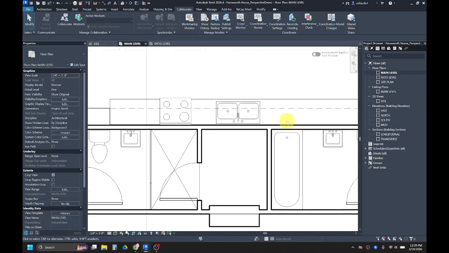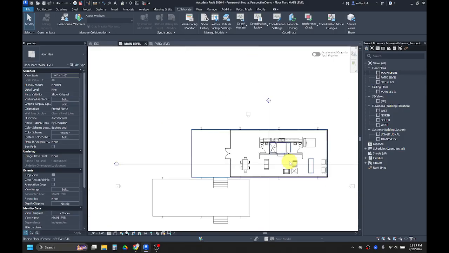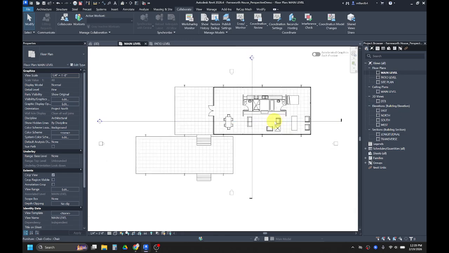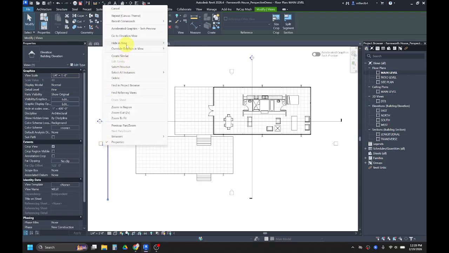So I'll go into my main level floor plan, and before I take a screenshot of the floor plan, I just want to clean up some things. I want to make sure that I'm highlighting as much of the actual layout as possible. So stuff like my elevation markers and my section cuts, maybe I just want to hide those before I take a screenshot. To hide something, we can right click on it, and then you could do hide in